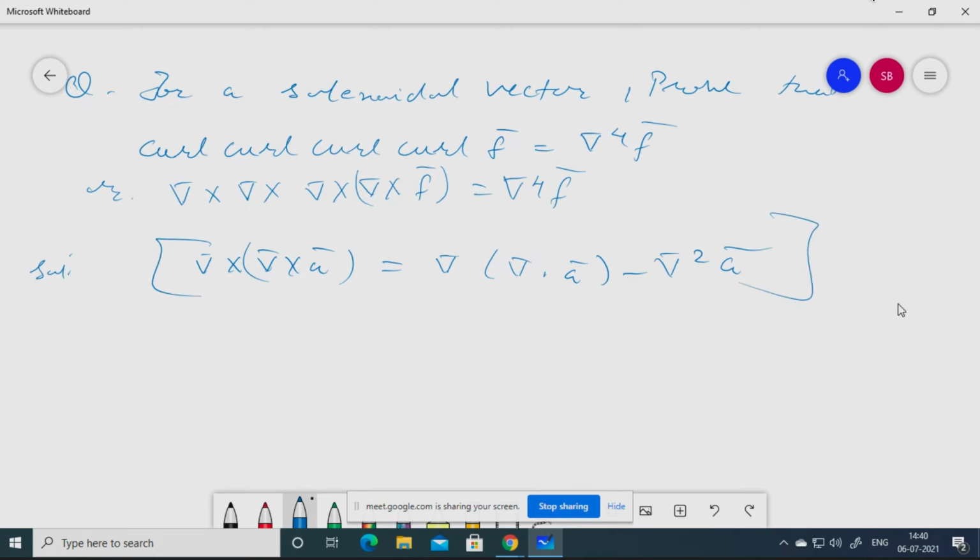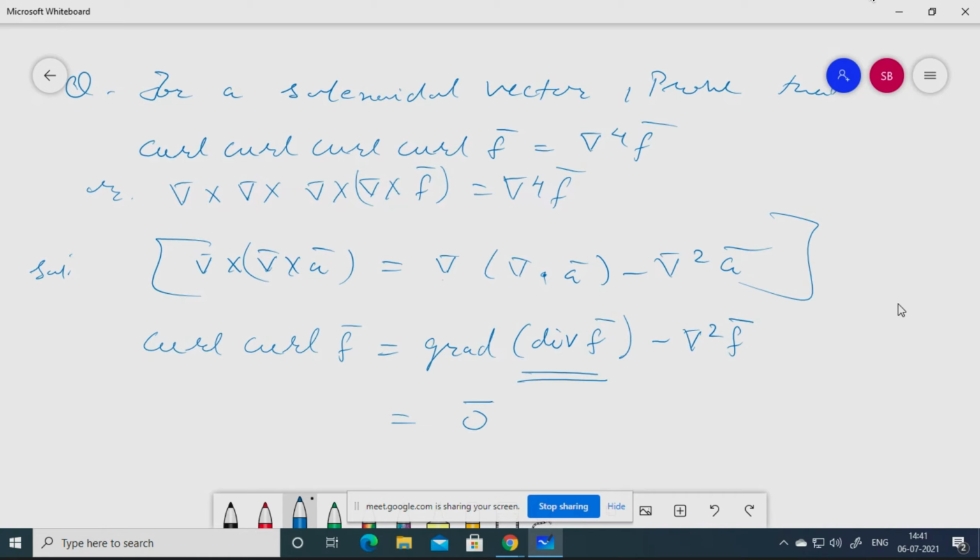Ninth one. So we know that curl of curl of A bar is this thing. Okay, let me write it in words. Curl of curl of F bar we will apply, since the function here is F bar. Del means gradient, and del dot F bar means divergence of F bar, minus del square F bar. Okay, this part will be equal to 0. Scalar or a vector you will get? A vector you will get.